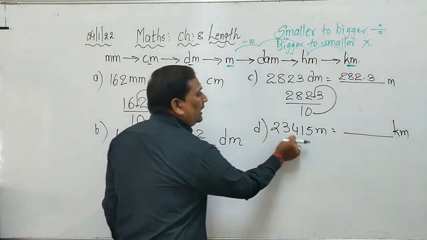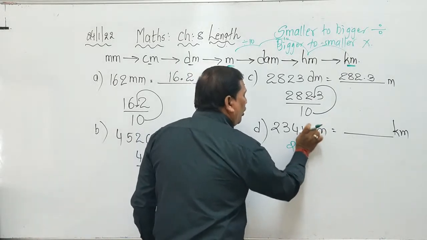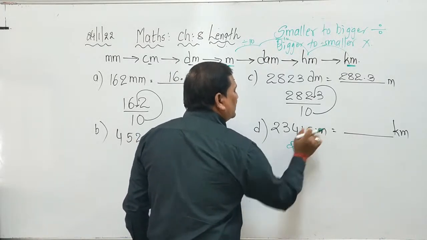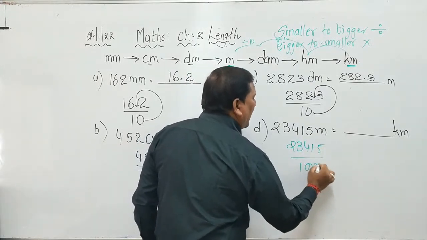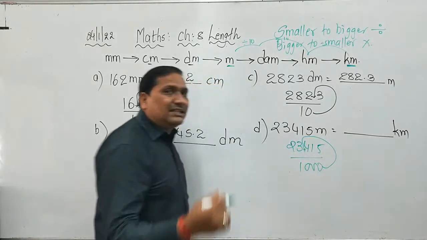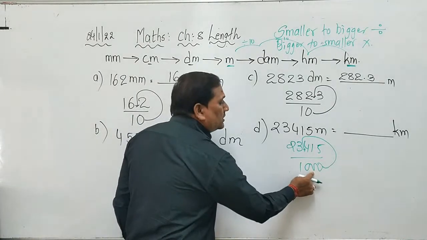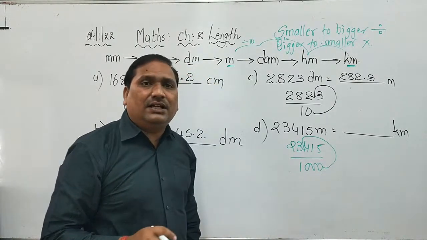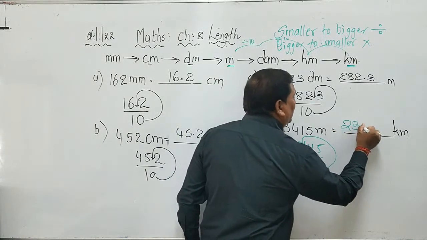So 23415 I will divide by 1000. 23415 divided by 1000, so 3 digits I have to skip. How many digits do I have to skip? 3 digits. Why? Because 3 zeros are there in the denominator. So my answer